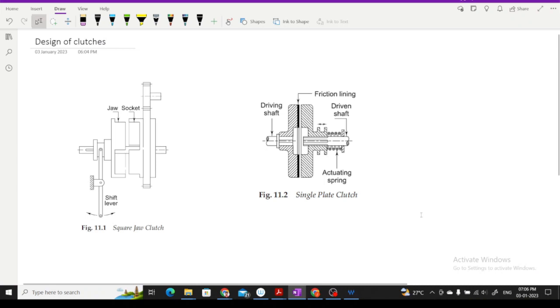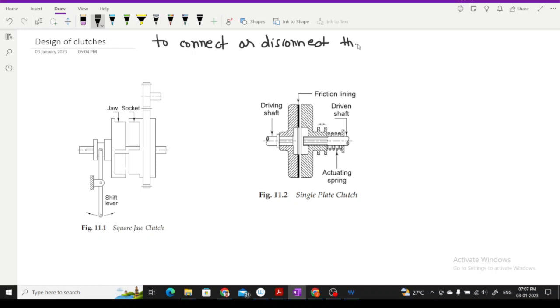As we have already defined, clutch is an element which is to connect or disconnect the source of the power